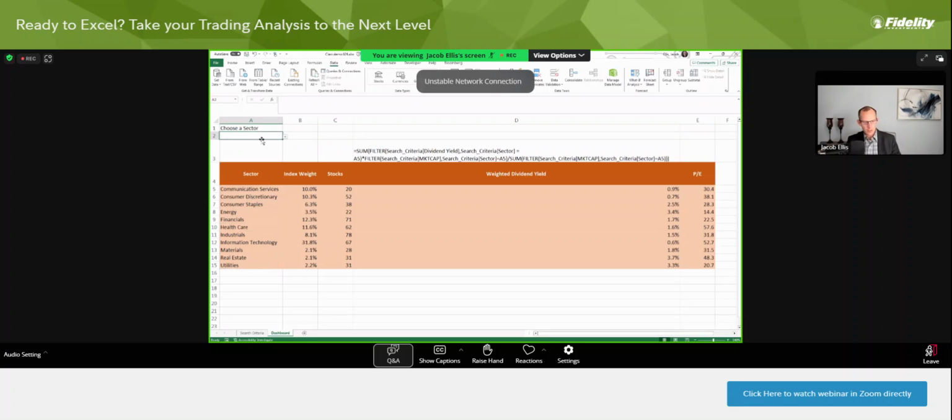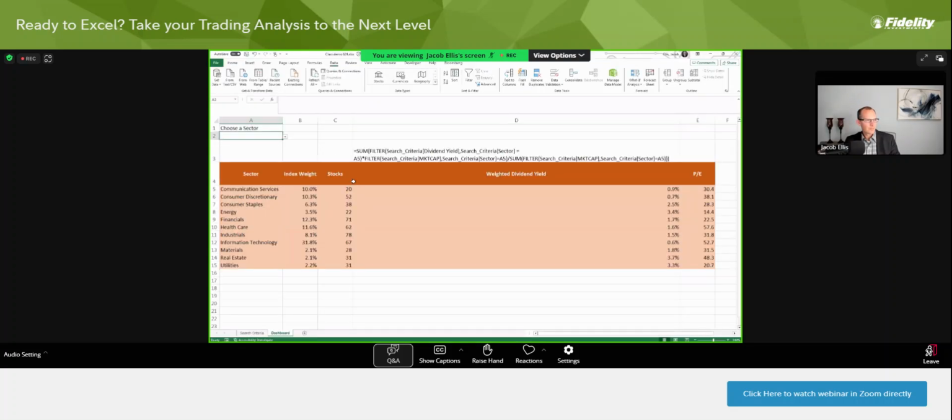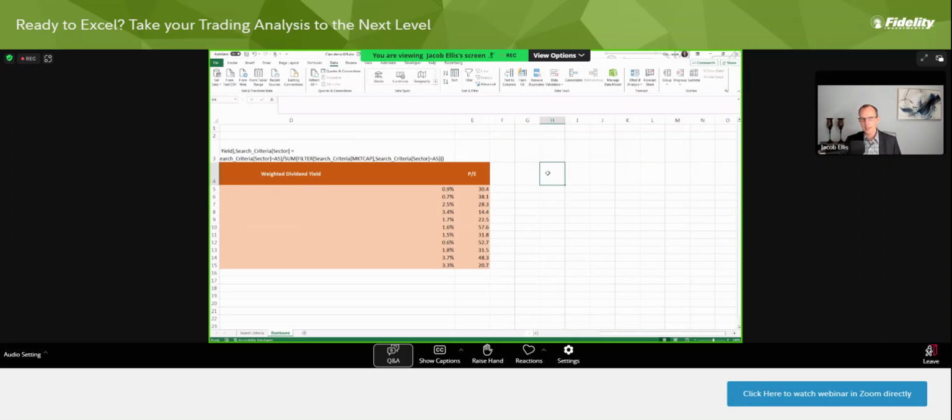that I would like. So I can type in here communication services. Oh, let's see, something went wrong in the validation. Oh, it didn't recognize that. Here we go. Equals A5. There we go. Perfect. Now it gives us our nice little drop-down list showing us exactly what we're looking at. We'll start with communication services, and we'll come over here to the side where we can begin our work on